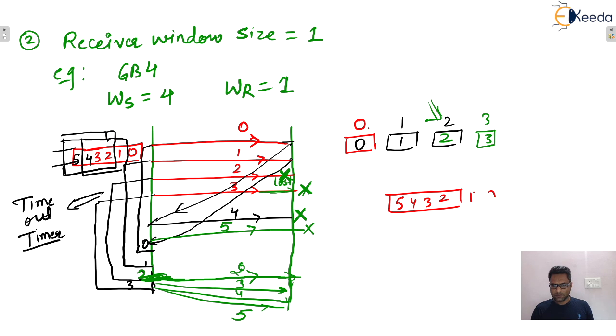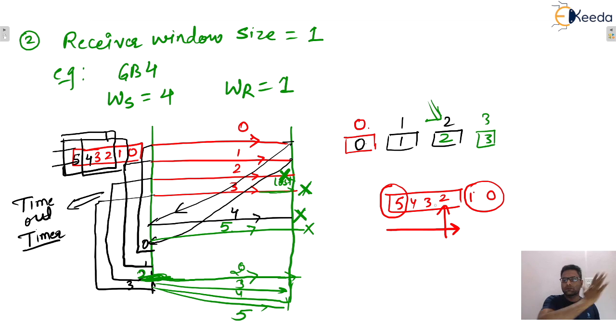And 1, 0, and 1, these are transmitted successfully and acknowledged. Now remember, the second packet gets lost, so from the last packet which is being transmitted, go back and retransmit all these subsequent packets. That's why it is known as go back n. Here the n value is 4, so go back 4, isn't it? So go back 4 and retransmit all the packets.